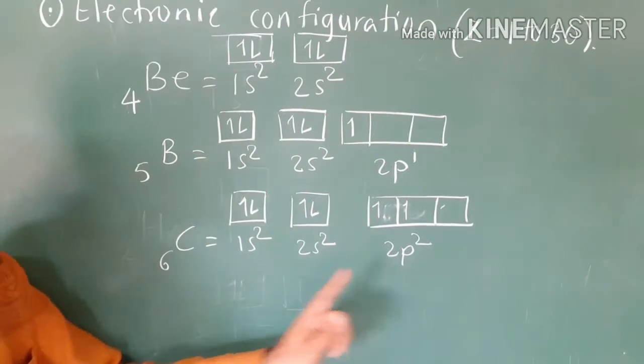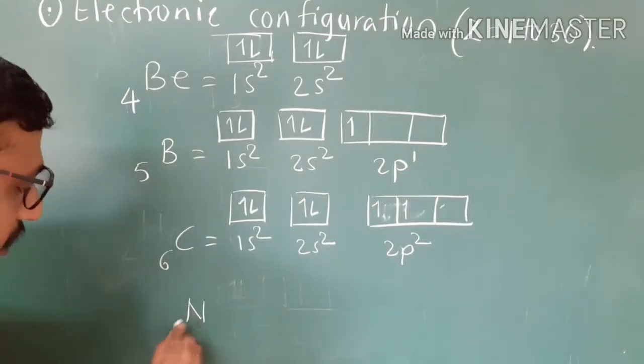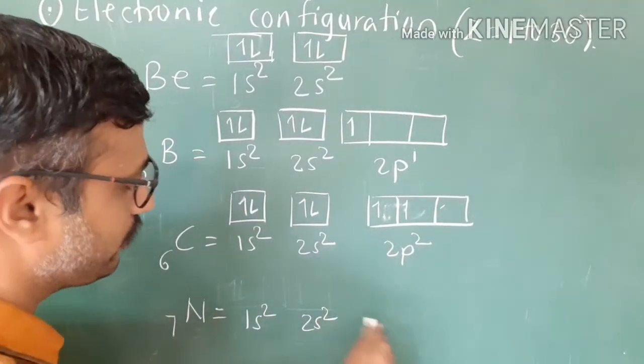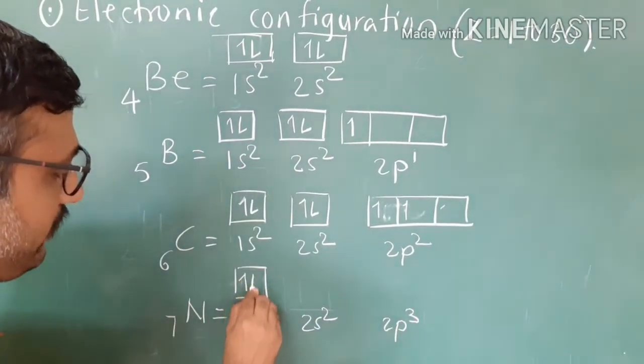So this is the electronic configuration of carbon, a very important element. Then there is nitrogen, atomic number 7. Its electronic configuration is 1s2, 2s2 and 2p3. I'll make a block for this one, 1s2,